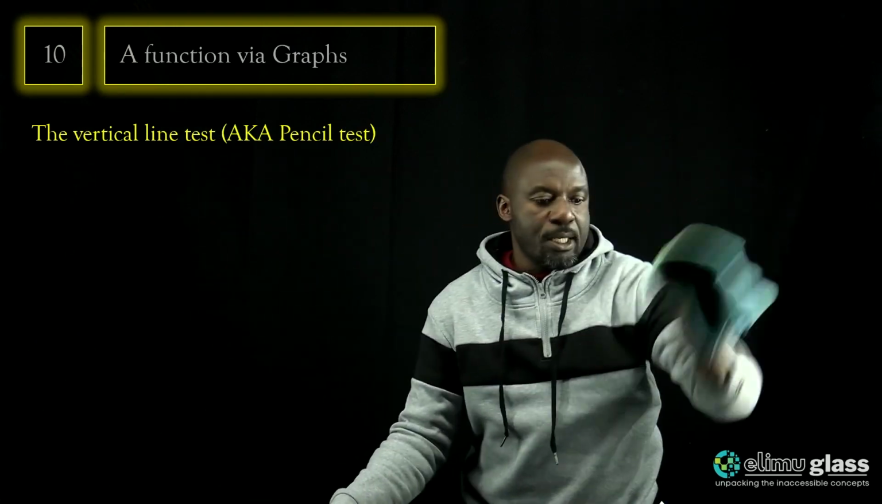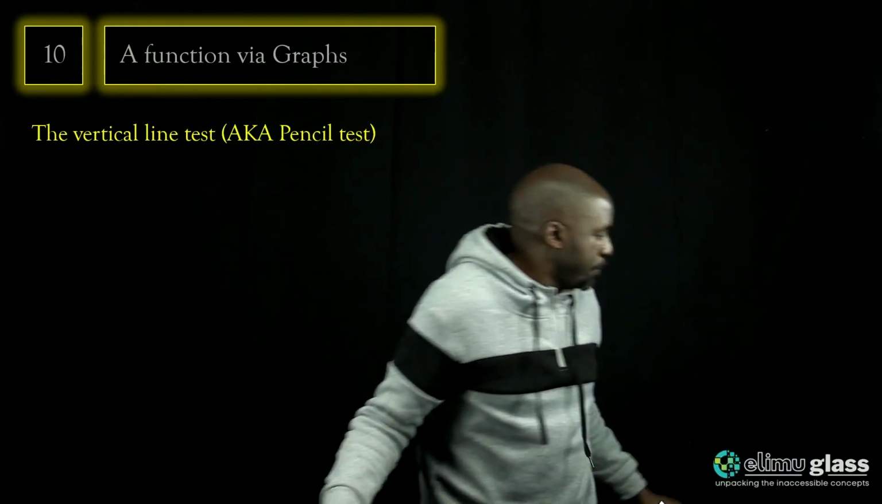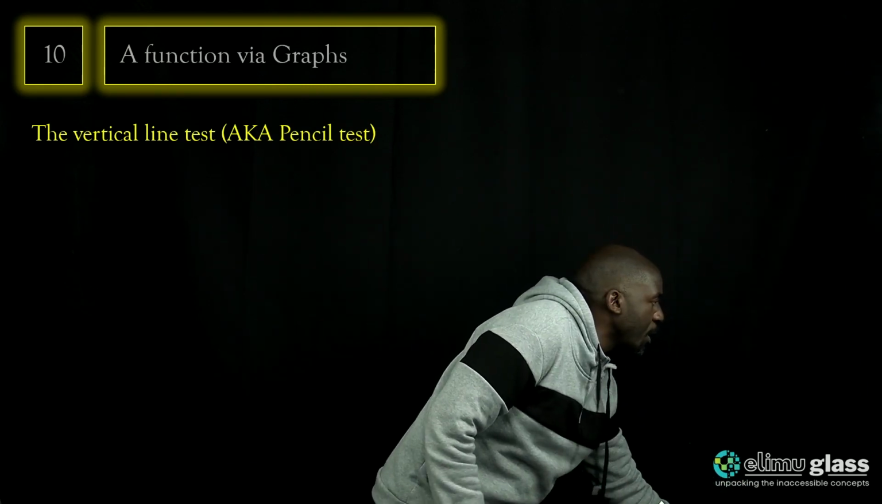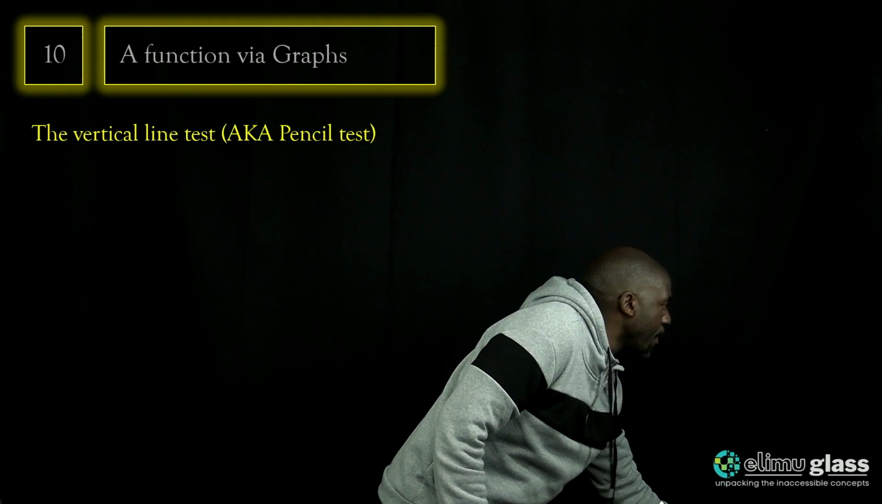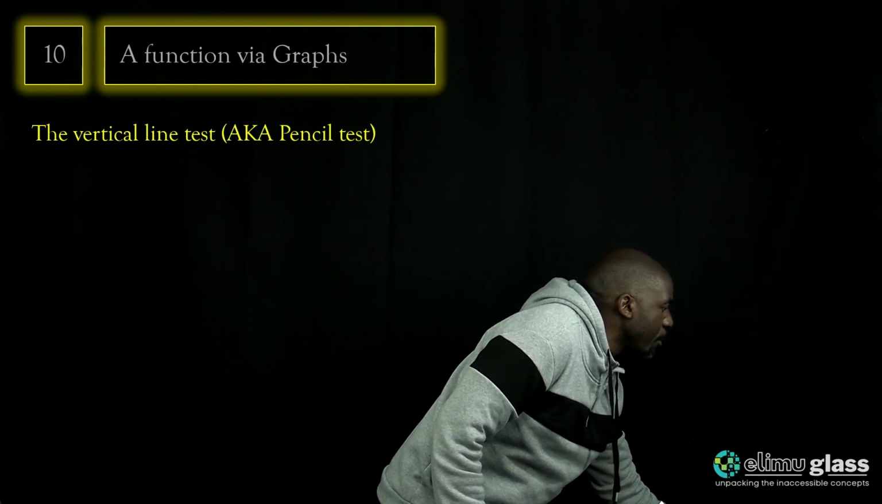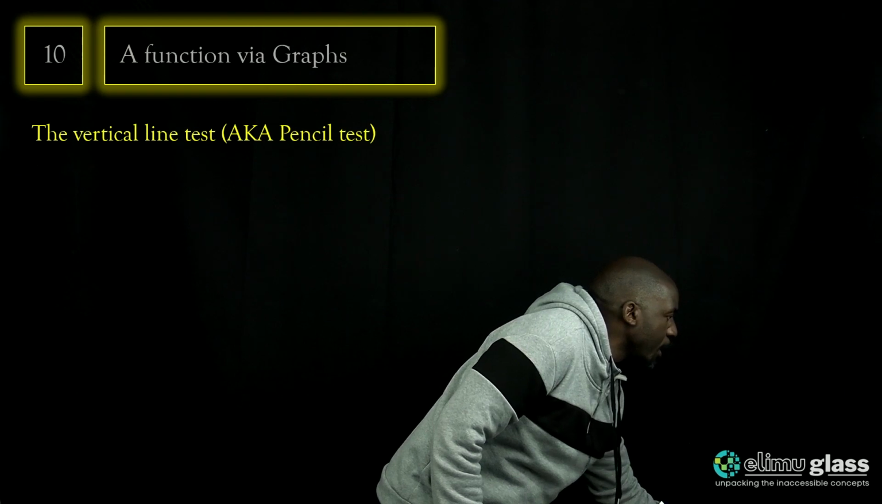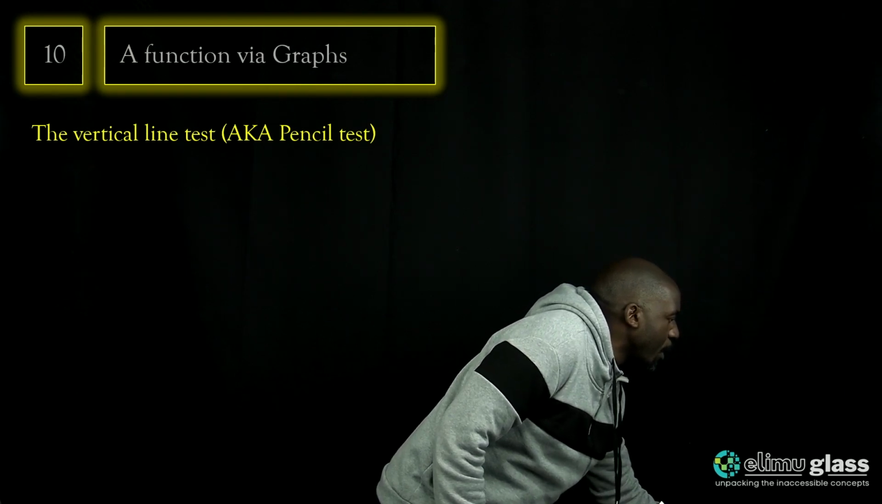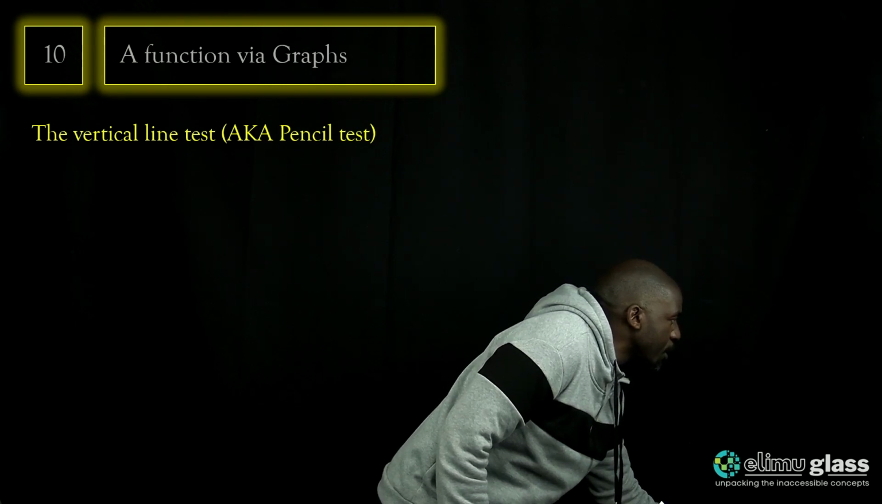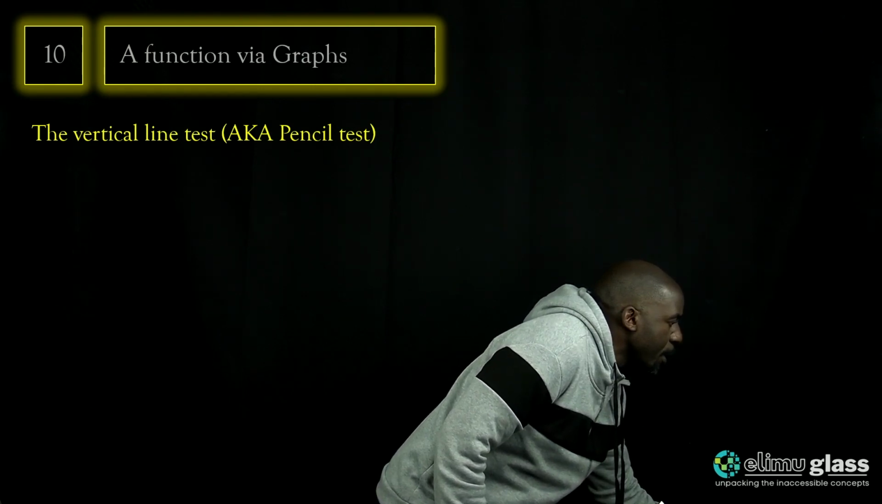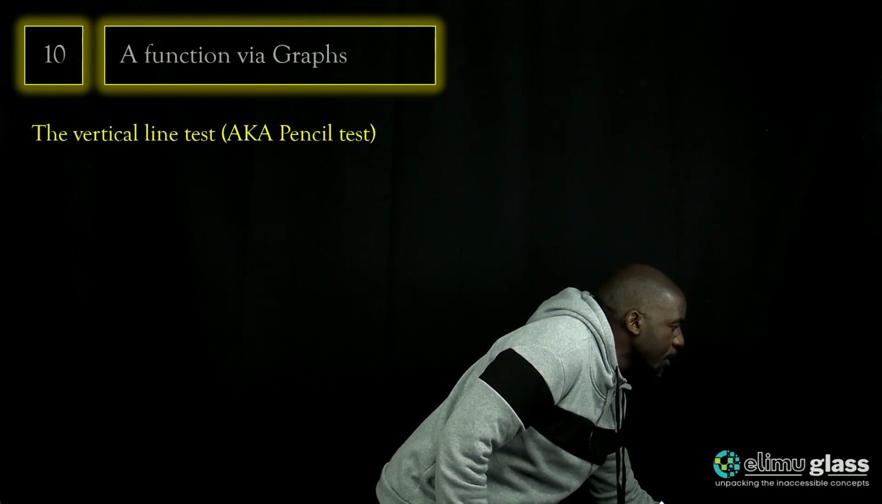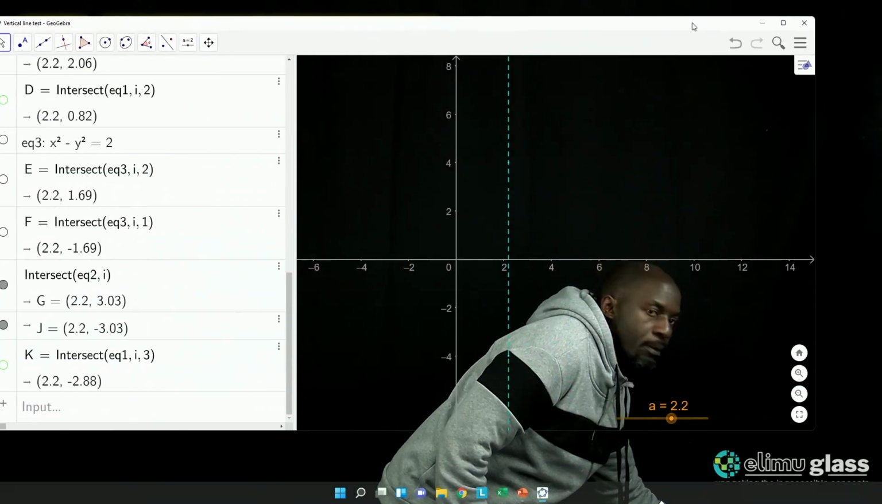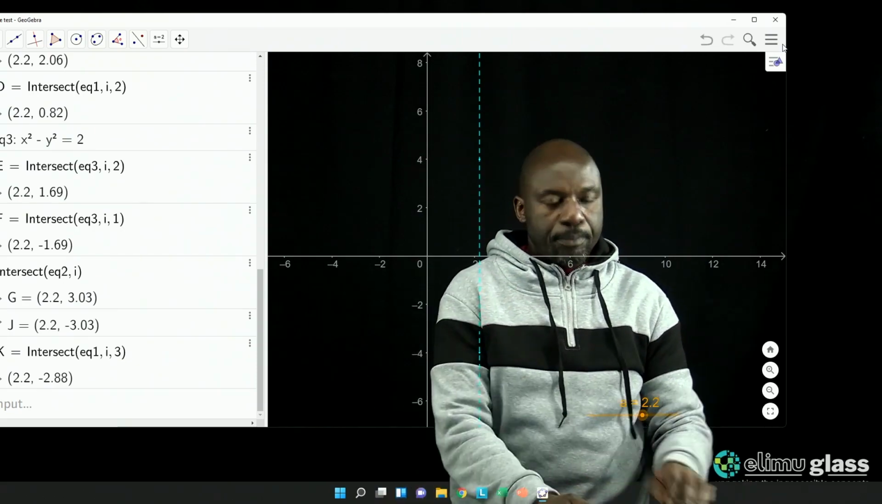Let's demonstrate that using GeoGebra. I believe I still have my GeoGebra file here. One moment, very quickly. There we go. I'll get rid of that and that. Yeah, one moment, and that. Okay, and now